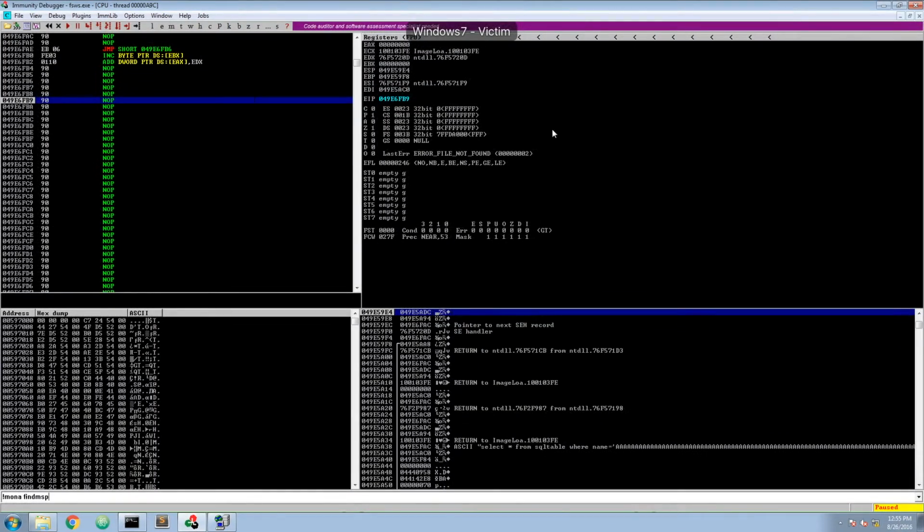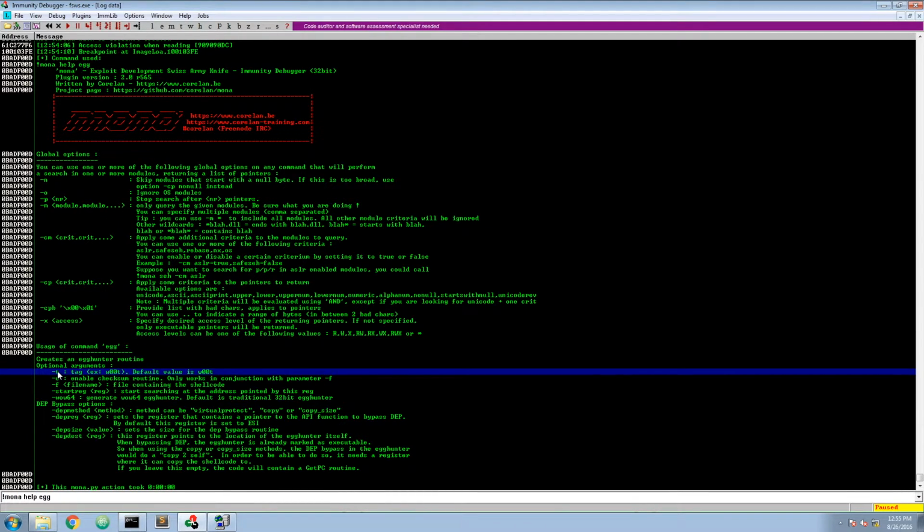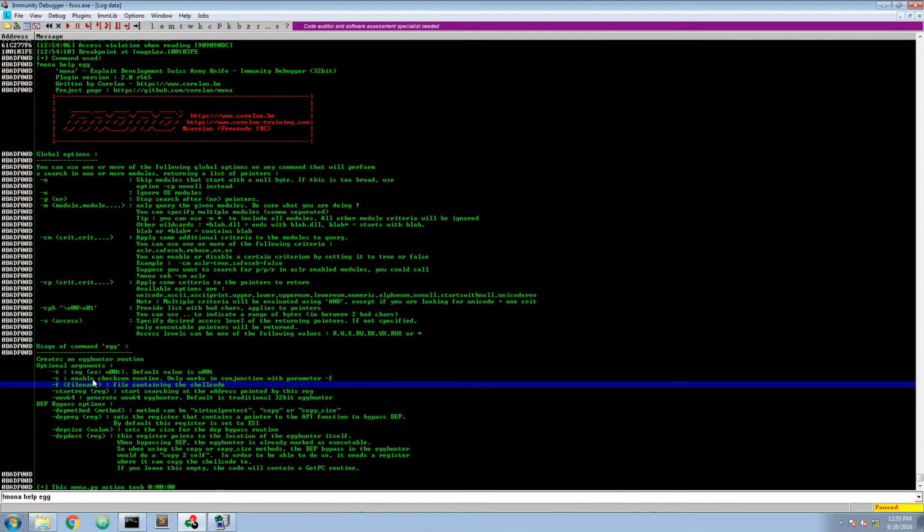Okay, now that we have proven that we have control over the SEH, and we have a second parameter where we can put our second payload, the shellcode, including the egg, let's now create our egg hunter using Mona again. So let's first have a look at the parameters, Mona help egg. With -t, we can set the egg, or here it's named the tag. By default, it's WOOT.